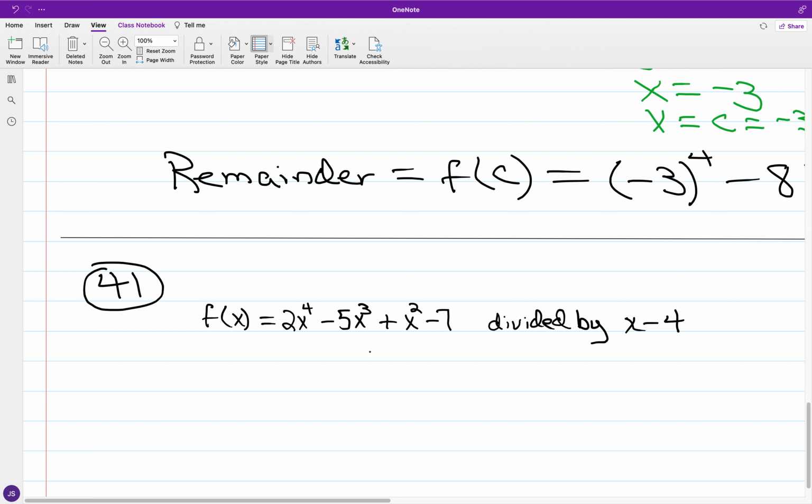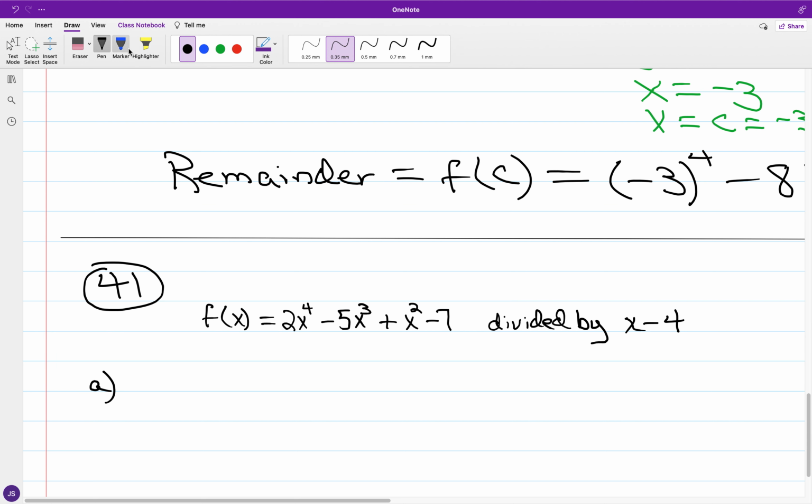In both cases, we're looking at the determination of the remainder. And for part A, you have, by the remainder theorem,